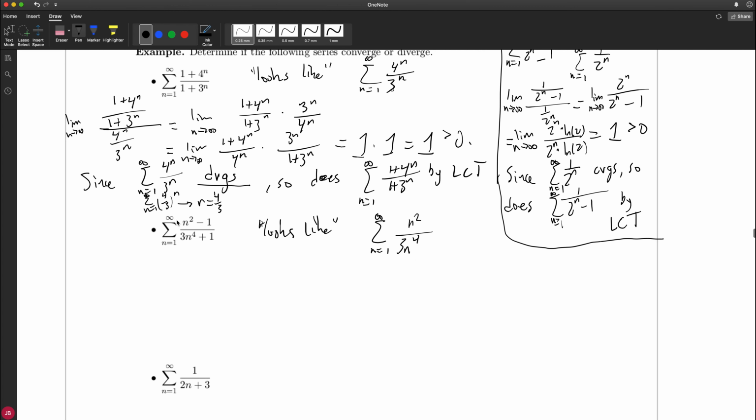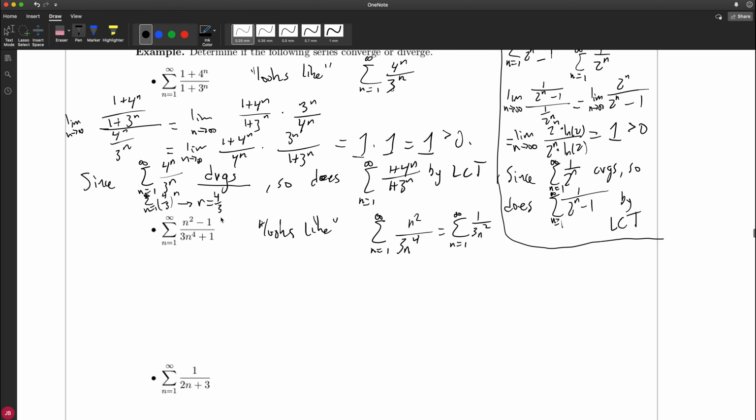By lower order terms, I mean if you have a polynomial, just keep the highest power, right? So here I'm just going to keep the highest power from the top, which is n squared, and the highest power from the bottom, which is 3n to the 4th, okay? But this simplifies. This is the sum n equals 1 to infinity of, how about 1 over 3n squared? And so here I take the summand, 1 over 3n squared,